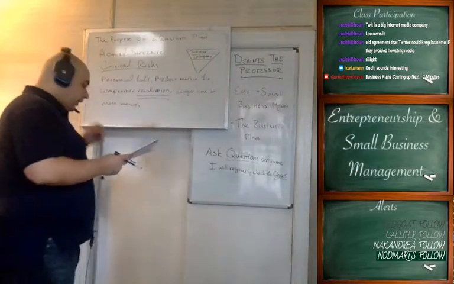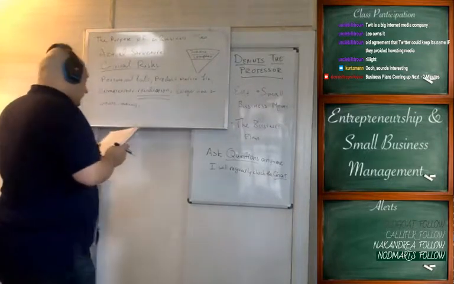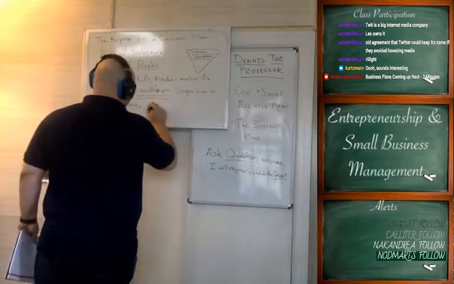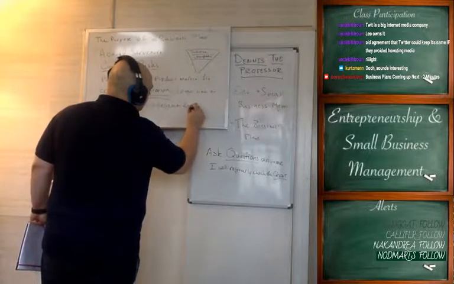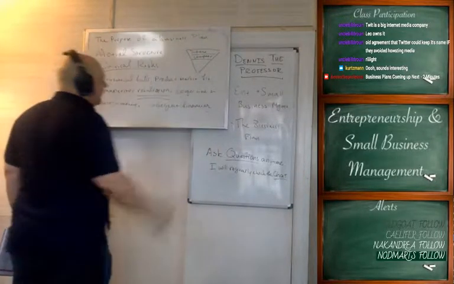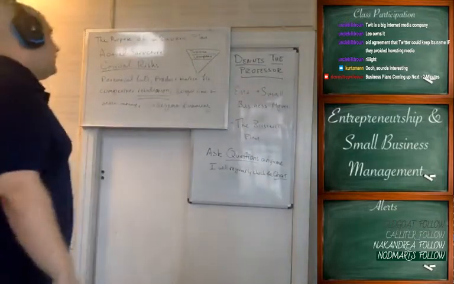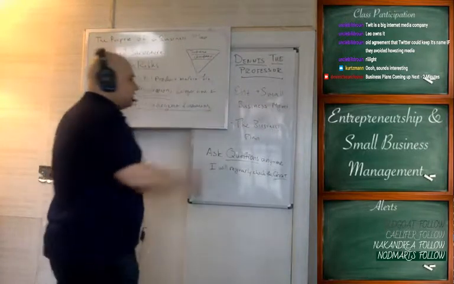So the next thing you want to talk about, in critical risk, is inadequate financing. So what happens if you don't get enough money at a critical stage? Let's say your first round of funding is to develop the product. Your second round of funding is to reach your customers. Your third round of funding is to open a factory. What happens if you're unable to open the factory? What are your contingency plans?